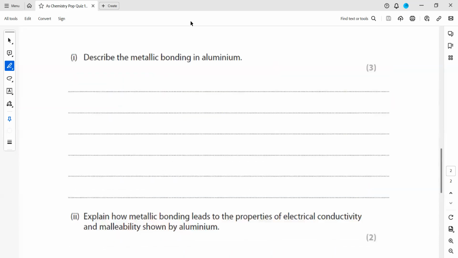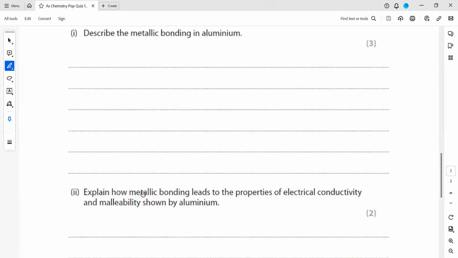Then describe the metallic bonding in aluminium. How do we explain the metallic bonding, and it's of 3 marks. And then explain how the metallic bonding leads to the properties of electrical conductivity and malleability. So first, how do we describe the metallic bonding? What is actually a metallic bonding? It is strong